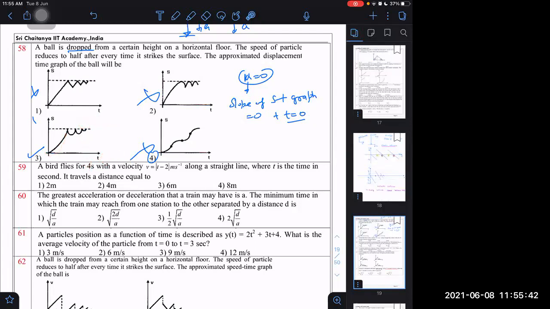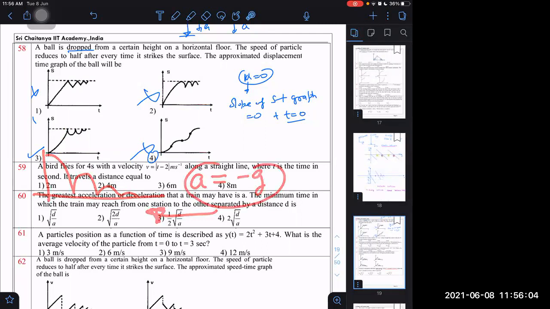On the other hand, if I take downward as negative acceleration, then the graph will be somewhat different, I think. What would be the graph in that case? Then this graph will be inverted downwards. It will be like this kind of graph. This will be the graph for the case. If I start assuming acceleration as minus g, then the graph will be this in red color.